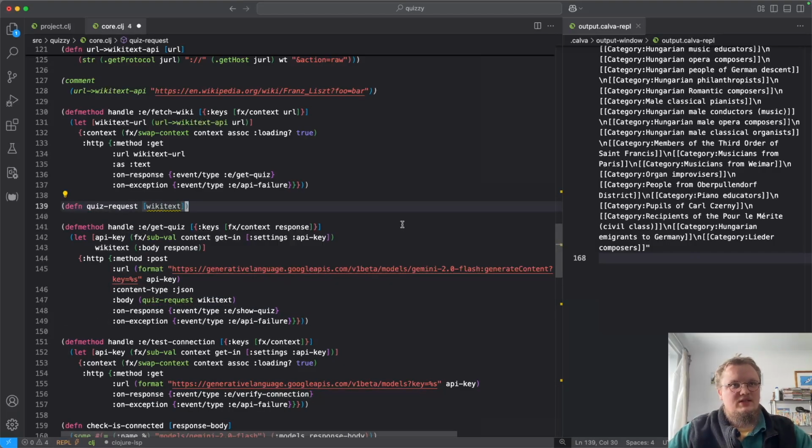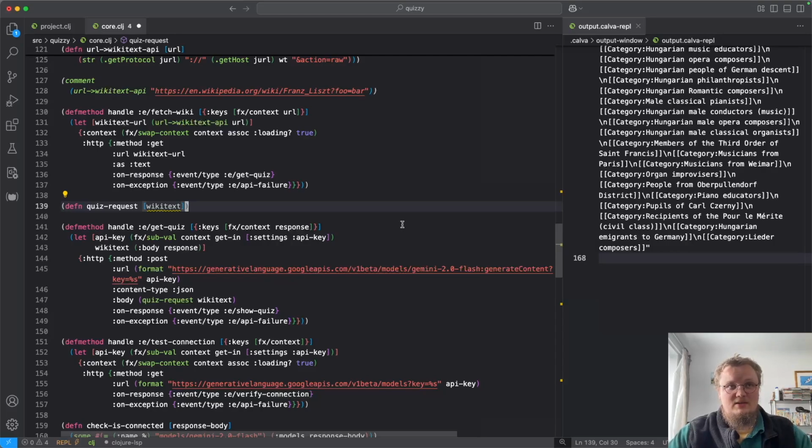This is one of those cases where using a dynamic language is nice, where you get these nice syntaxes for maps. We're going to use the response schema functionality of the API, which basically means you pass it a JSON spec and it will return its response according to that spec. We want to structure our quiz response from the LLM API in a way that's reliable to work with. So we're just going to use the JSON library to take a map and generate the request that the LLM